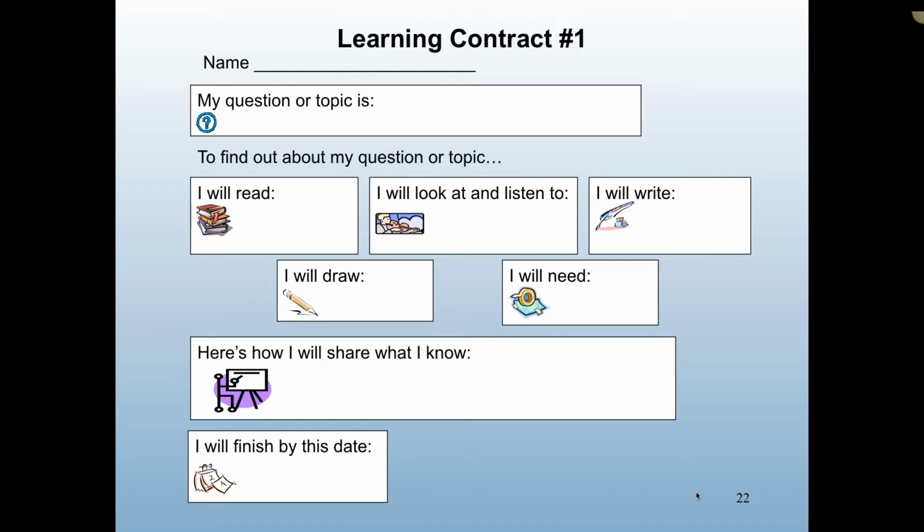What do you need to be able to do this? And then one of the beauties of all this is that kids get to share what they do. And this is not just taking their work and sticking it on the bulletin board. This is, and again, we need time to do this. And if our classes are too large, this doesn't work all that well, okay? But how will I share what I know?